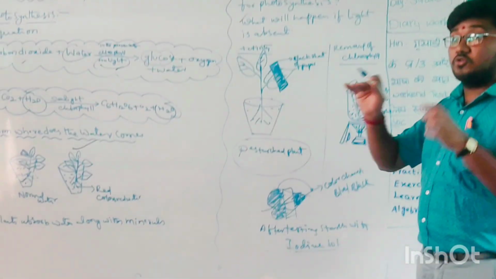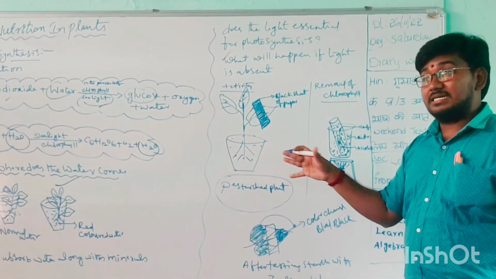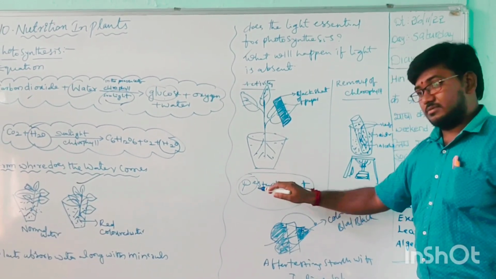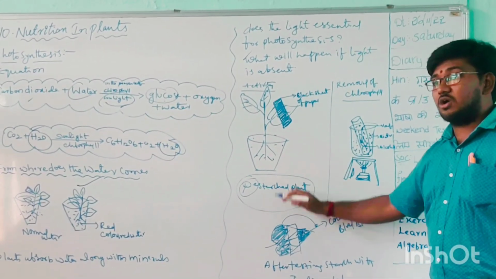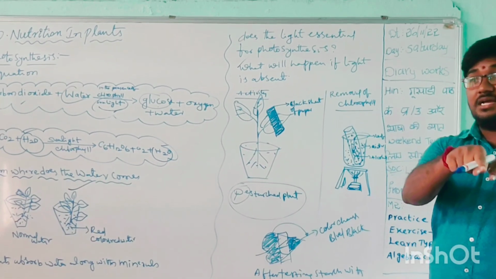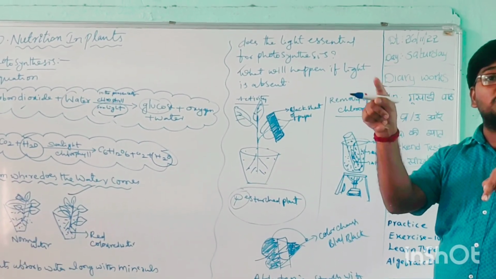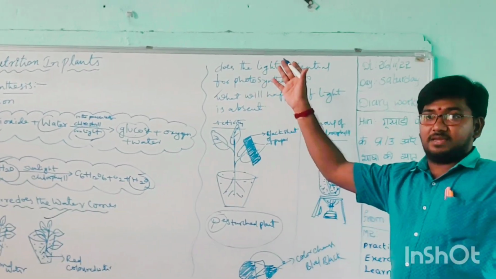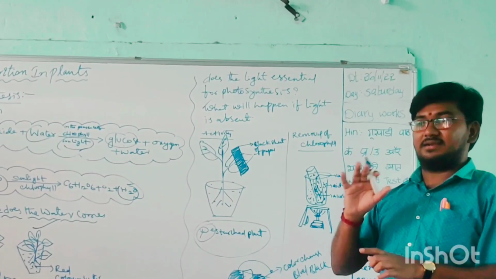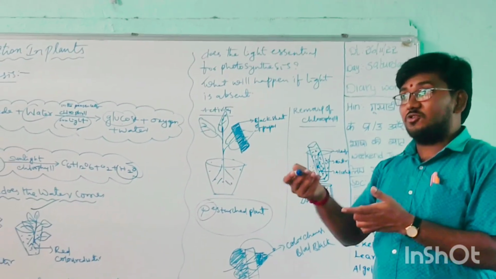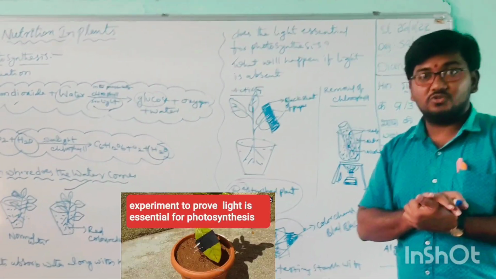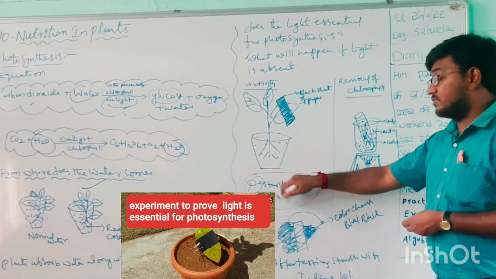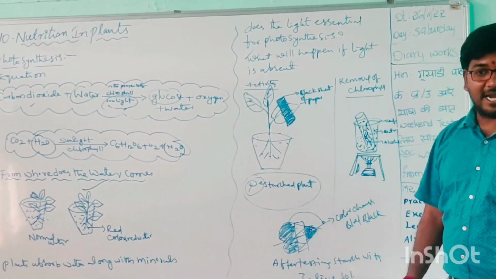Okay. What do we have to do? To destarch the plant, to remove the starch. Destarch means D means removal. What do we have to do? Keep this plant in a dark room for how many days? 2 to 3 days. Then the total food material will disappear, will be used up by the plant. Because in the dark room, photosynthesis will not be done, the existing food will be used up by the plant, so that starch will completely not be there in the plant body.